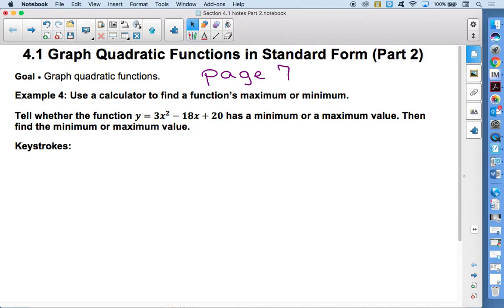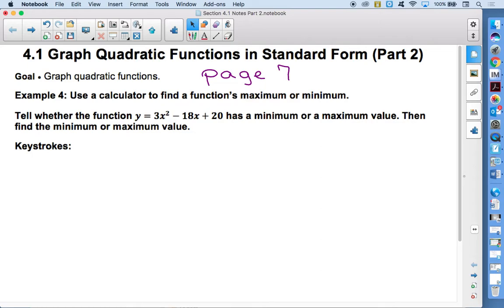The goal of today's lesson is to see if we can apply some things about quadratic functions to an application problem, a real-life model. And I also want to show you how you can use the calculator to check the max or the min of the function instead of simply relying on algebra. So we'll still rely on the algebra, but can you check a max or min using the functions of the calculator? So again, turn to page 7 in your notes